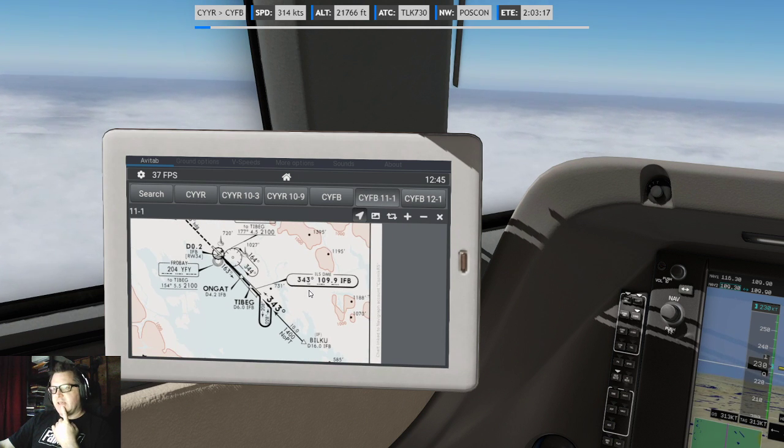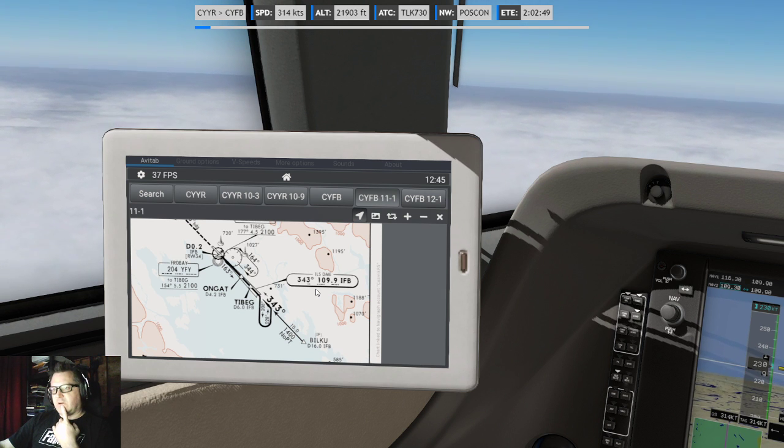Okay, this is the ILS. But the ILS is for 3-4.